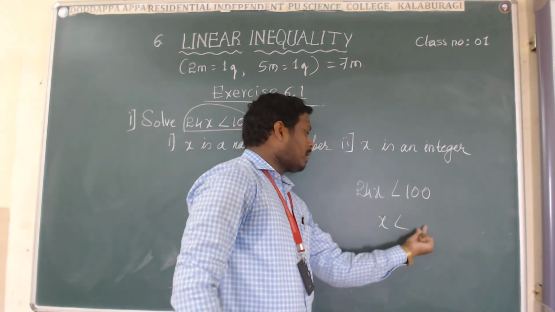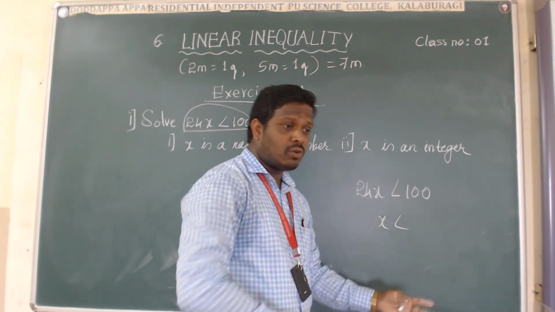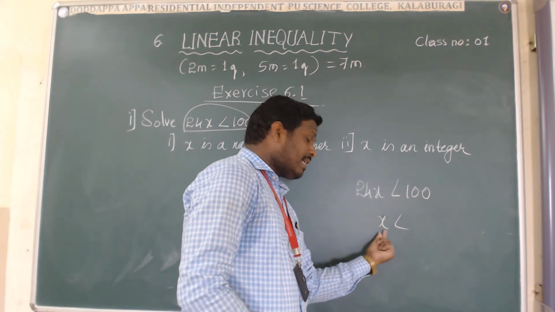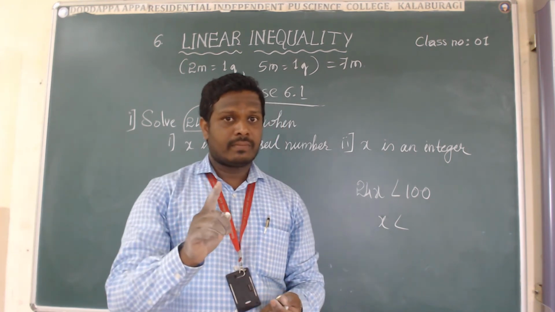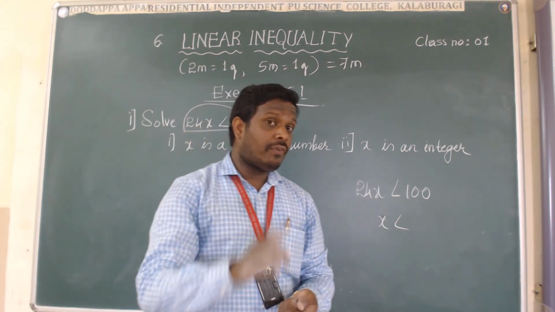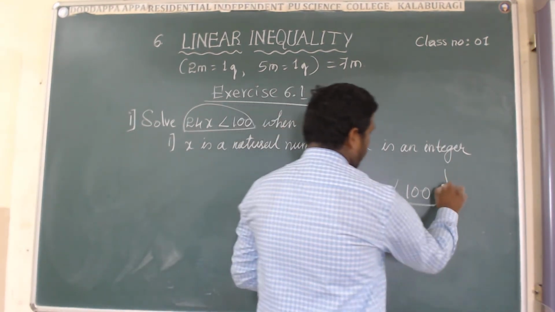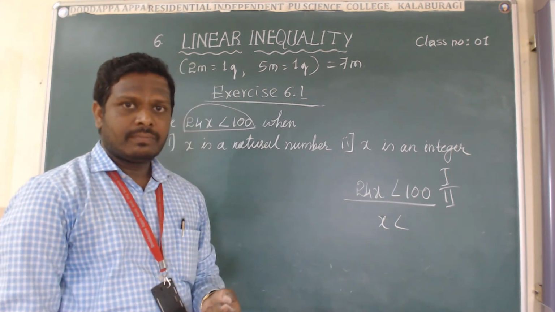Don't worry about whatever comes on the right side, 1000 will come, -2 will come. But on the left side, for x, the coefficient should be +1. Up to getting the coefficient of x as 1, we have to simplify the statement by using the first rule and second rule. Getting my point? Yes.